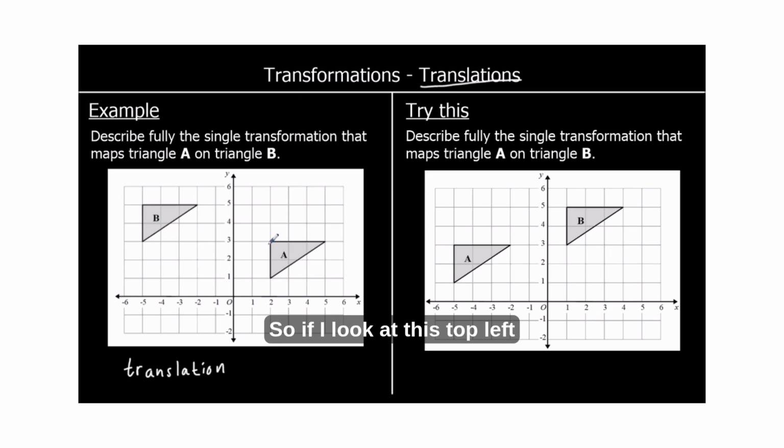So if I look at this top left corner, I'm going to say it's gone 1, 2, 3, 4, 5, 6, 7 left and 2 up. So it's gone 7 to the left and it's gone 2 up. We can write this as a vector. So by the vector,